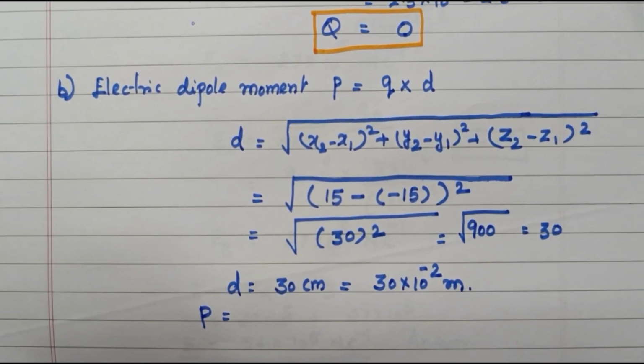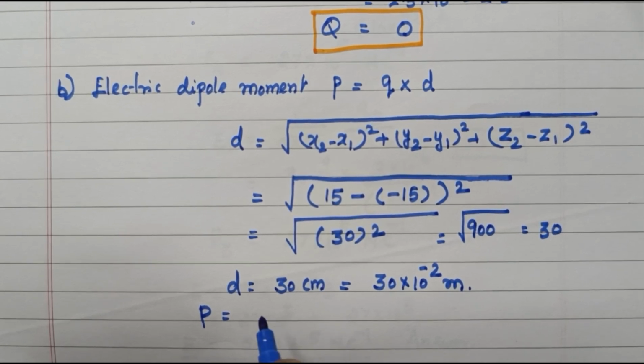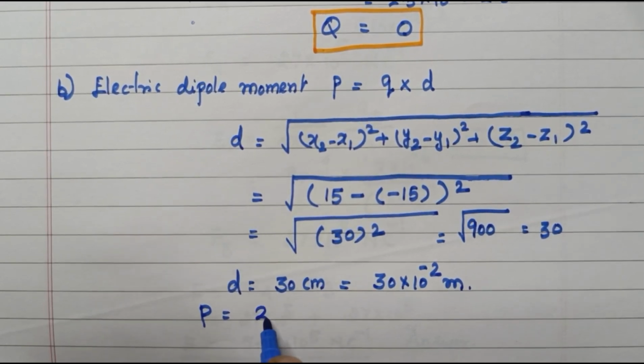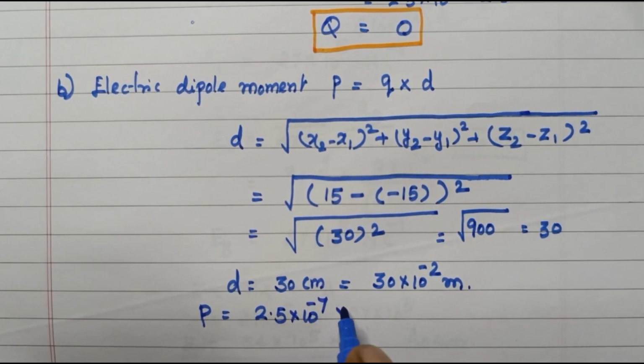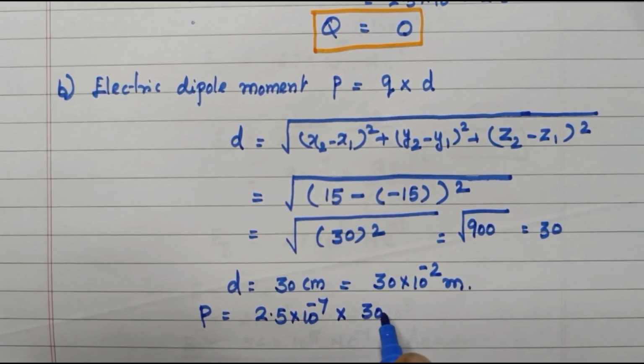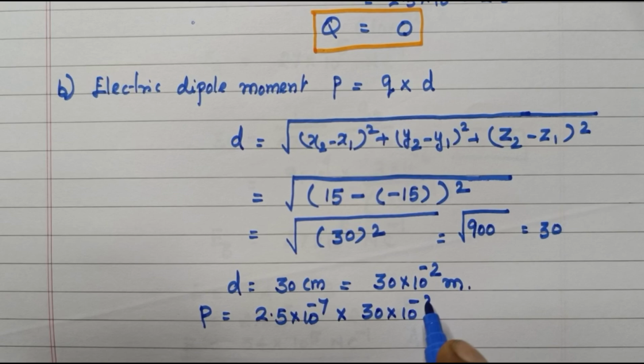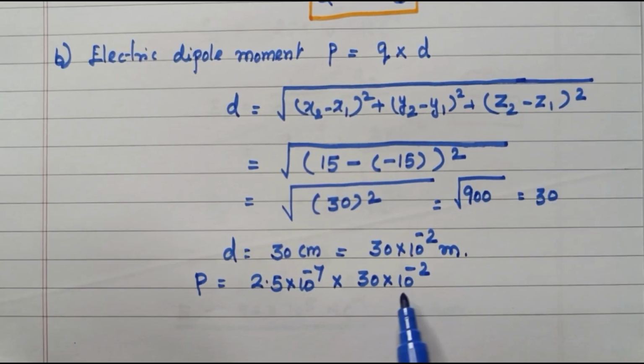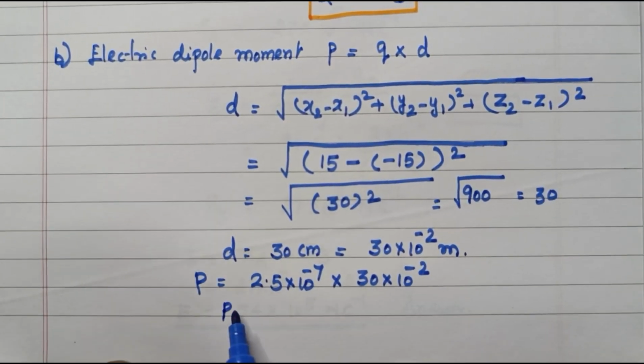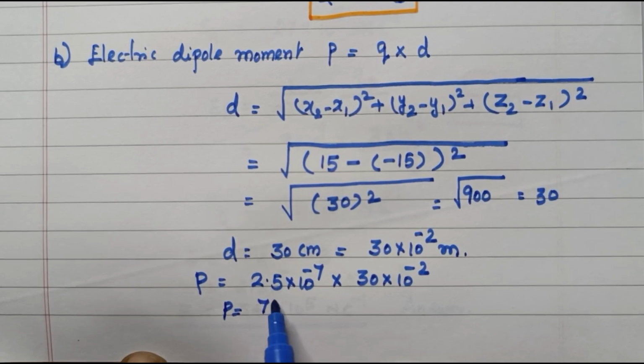Q is the magnitude of charge, any one of the charge. So one of the charge is 2.5 into 10 to the power minus 7 into distance is 30 into 10 to the power minus 2. So if we multiply these two, we will get P is equal to 75 into 10 to the power minus